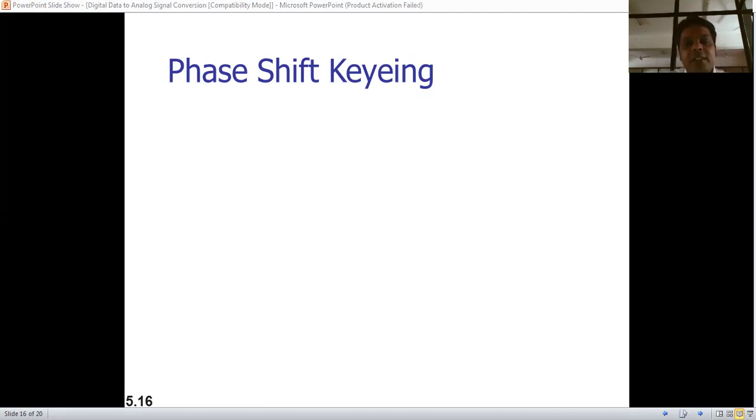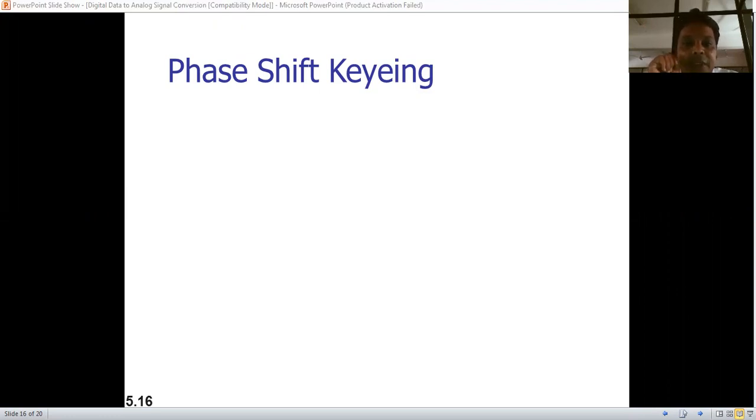Now in phase shift keying, we vary the phase shift of the carrier signal to represent the digital data. Hence, the bandwidth requirement is simply calculated as B, which represents the bandwidth of a signal, is calculated as (1 + d) × S. And again, this formula for calculating the bandwidth is the same as in the amplitude shift keying technique as well as the frequency shift keying technique, but it is different from the multiple frequency shift keying technique.